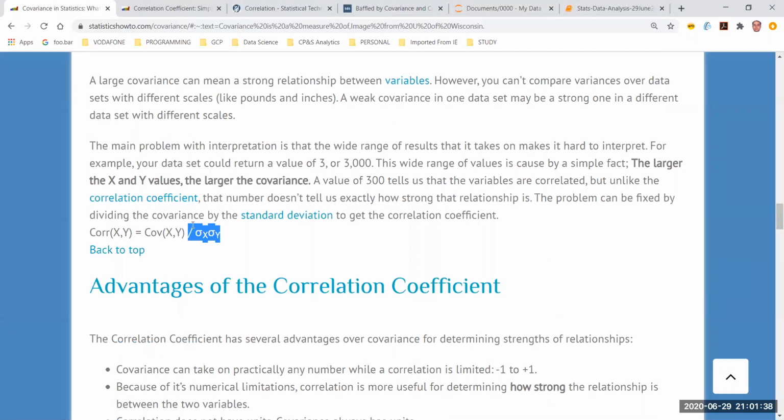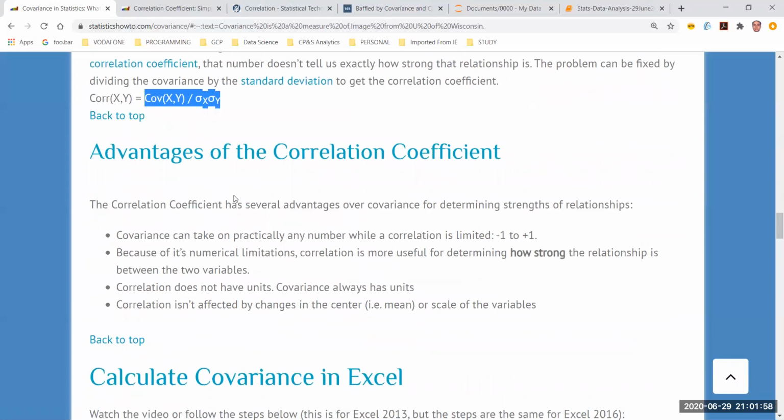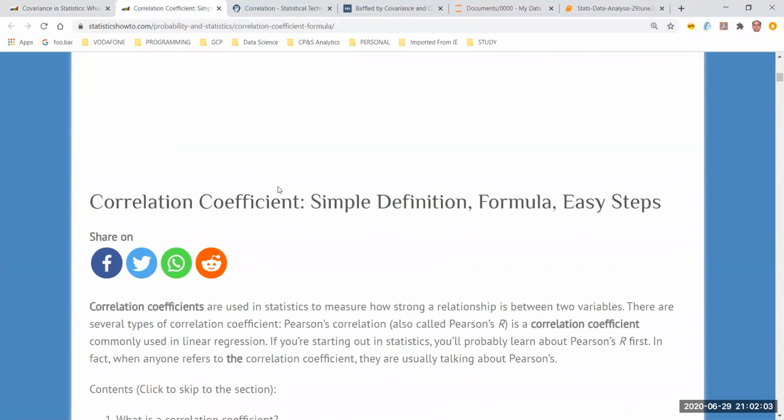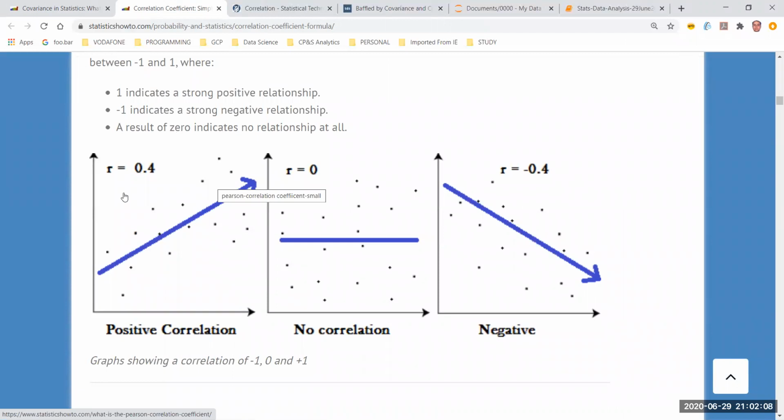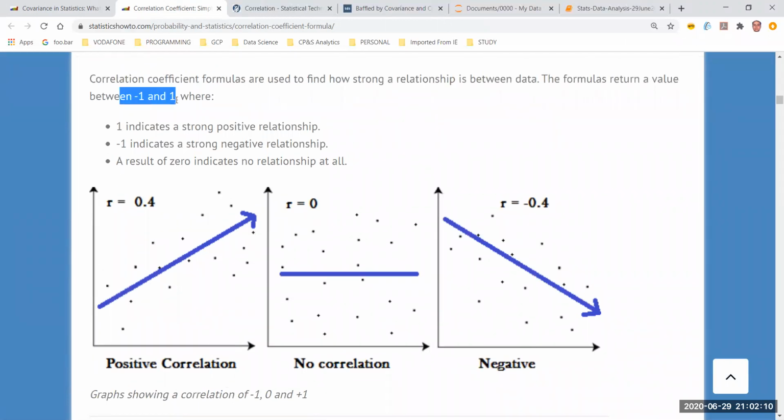I put that in the denominator, then I should be able to get rid of the scale, because as we already know, this and this will be of the same scale, right? So scale of x multiplied by scale of y, divided by scale of x and scale of y, hence the scales are cancelled, and hence we get a true number. Those are the advantages of the correlation coefficient. Now, if you calculate the correlation coefficient, you will find that it is always between -1 and +1.